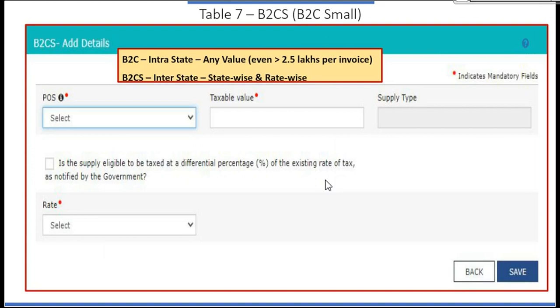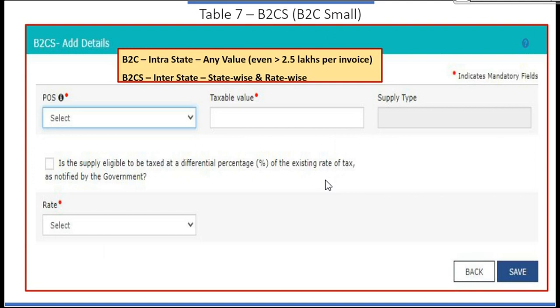So what I'll do is: place of supply West Bengal, taxable value 5 lakh rupees, rate of tax 5%; place of supply West Bengal, taxable value 2 lakh rupees, rate 12%. So I'll provide the total taxable value and rate for the place of supply West Bengal.